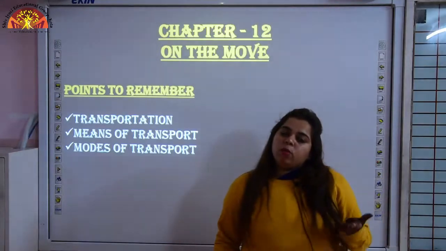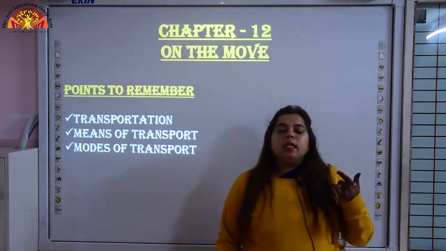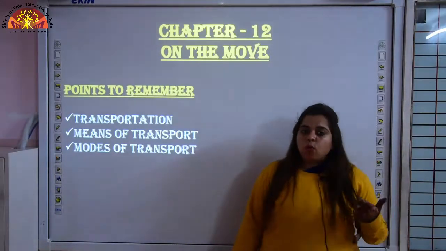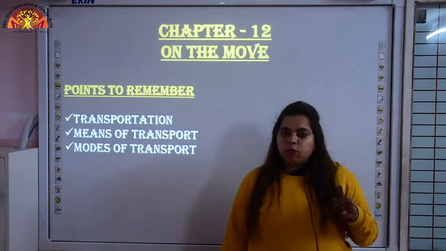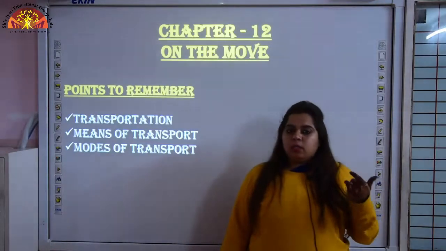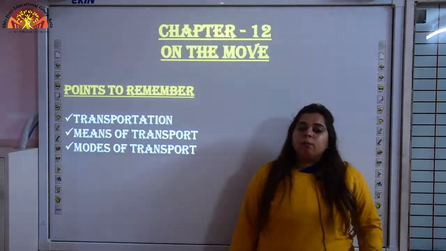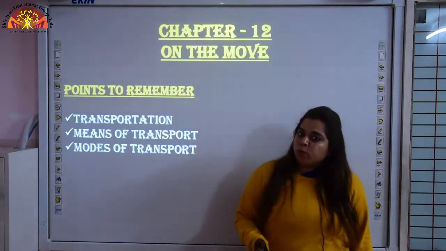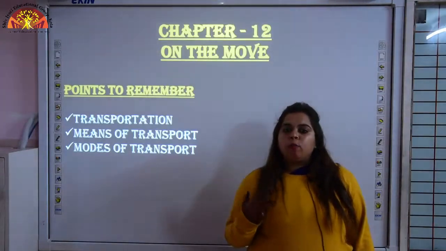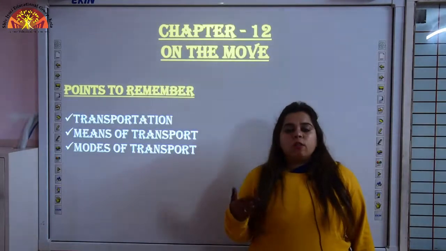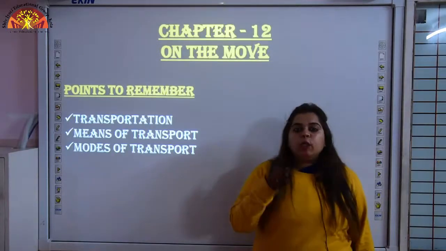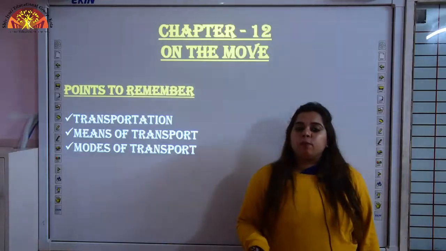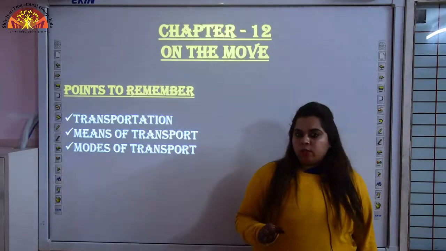Transportation: we travel to go from one place to another, that is called transportation. Now children, we cannot go everywhere by foot, by walking. So some of us use train, bus or car to travel, some of us use boats and ships to travel, some of us use aeroplanes or helicopters to travel. All these are different means of transport. By means of transport our life has become easier and faster.